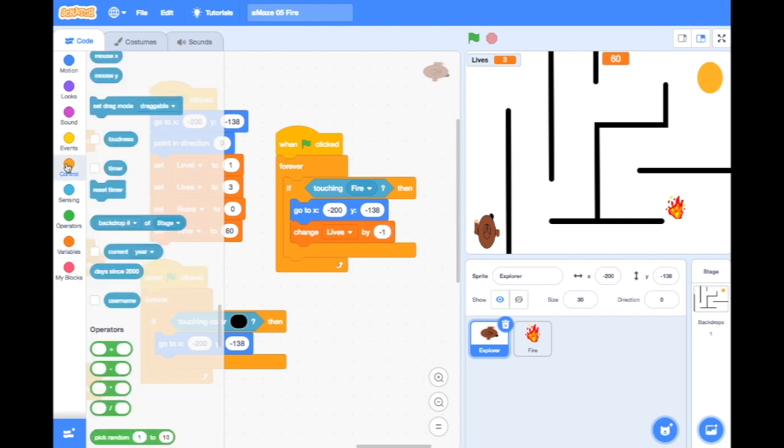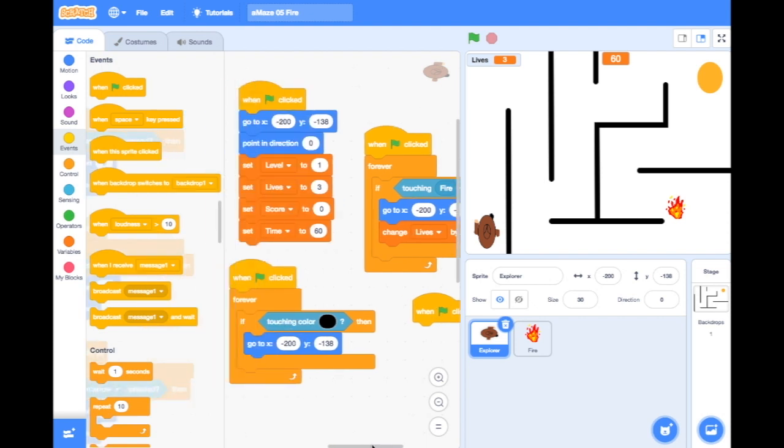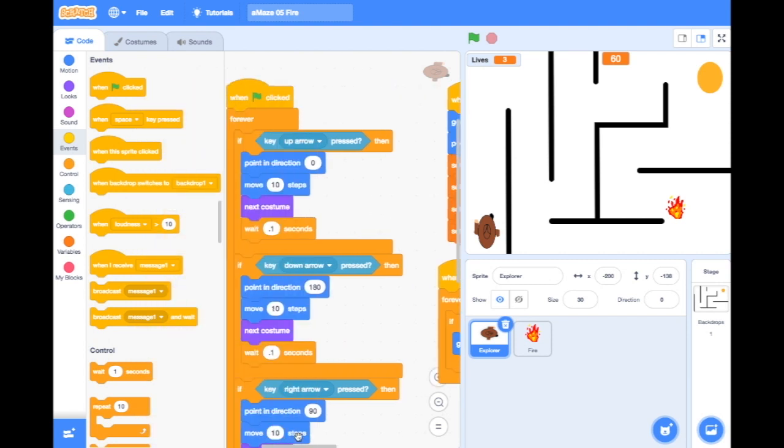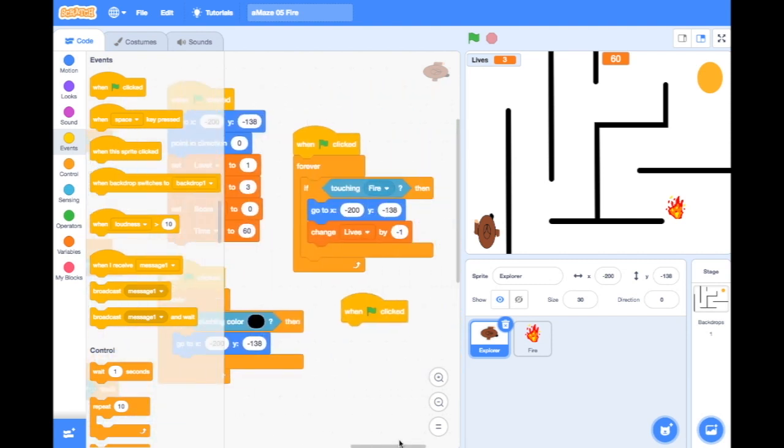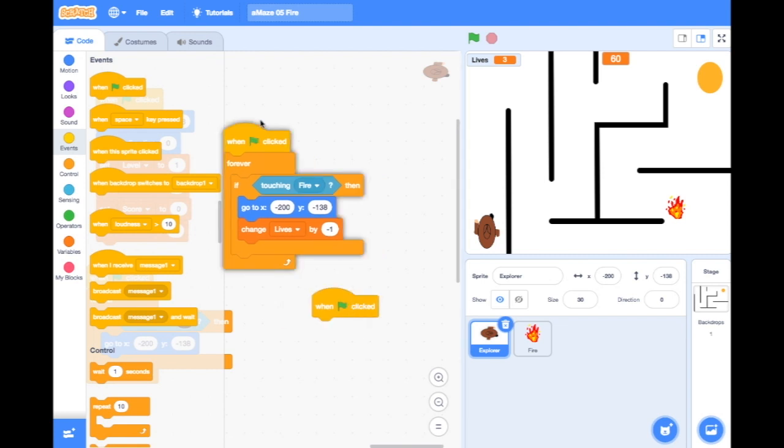So we're going to start off a new bit of code here when the green flag is clicked. Now it doesn't matter how many of these you have. You can actually pull all these together at some point, but it's probably best at the moment to keep them separate so you know which chunk of code does what. So when the green flag is clicked,